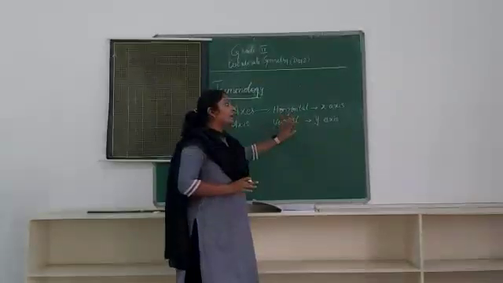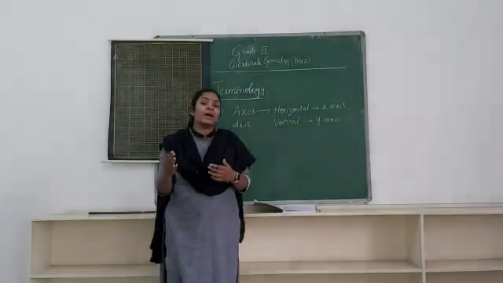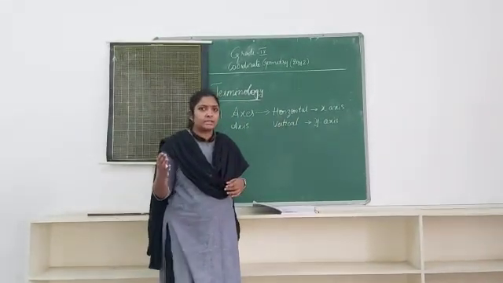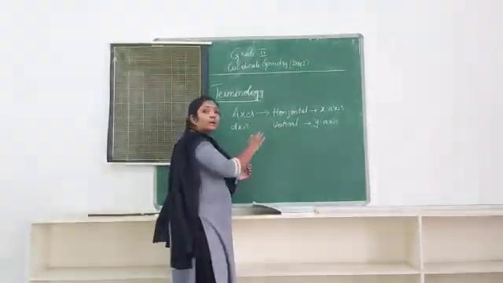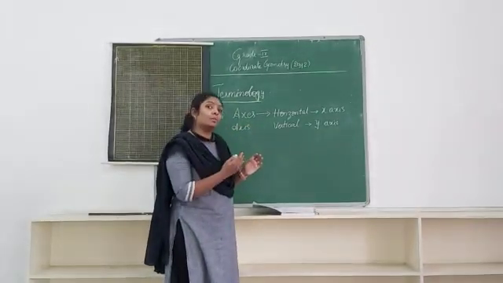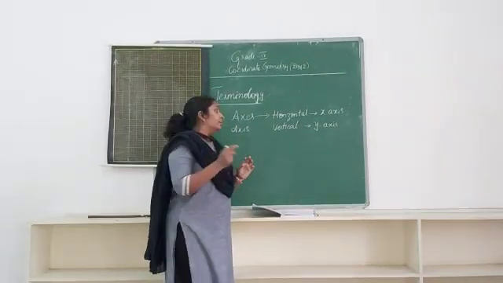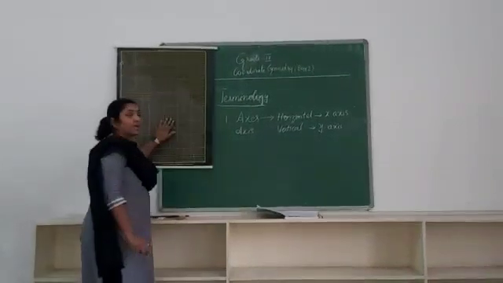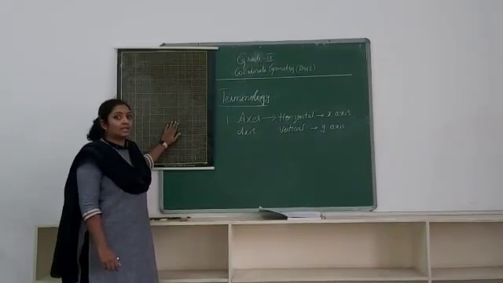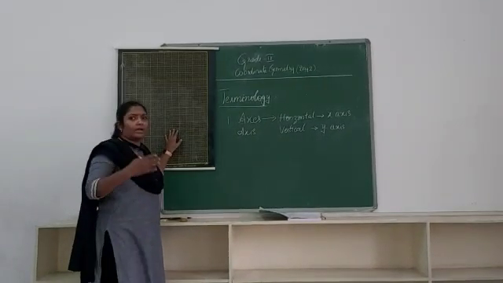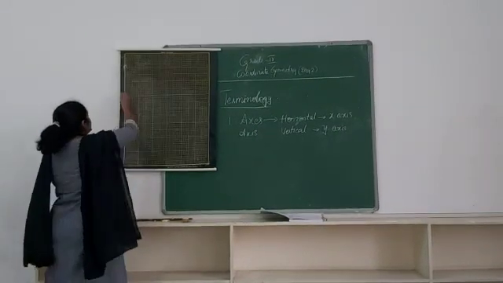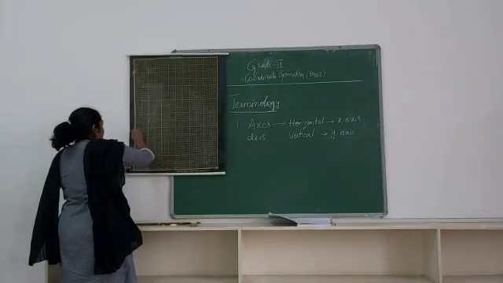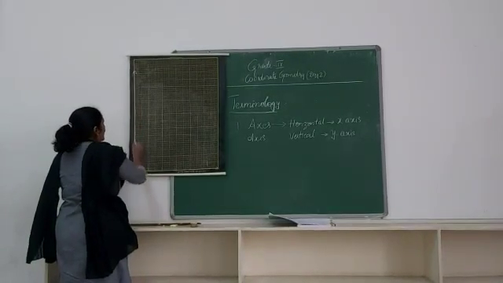In what terms are we going to locate the object? It is nothing but the distance. The distance from the x-axis and the distance from the y-axis together will give the location of that particular point. Now this is how a graph sheet looks, as you might have already been doing. As I said, the vertical reference line is the y-axis.